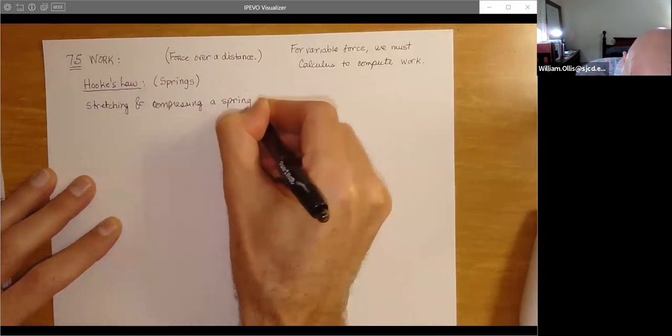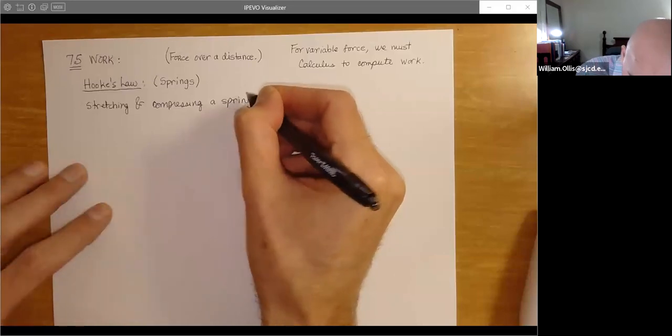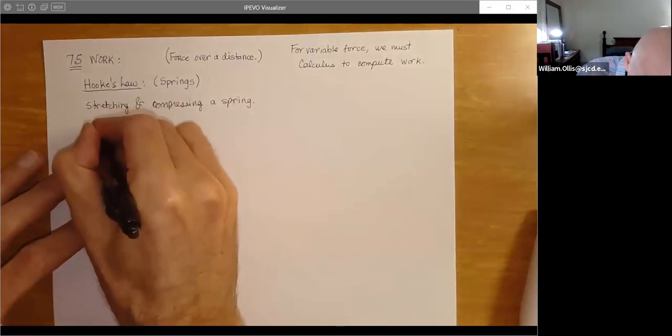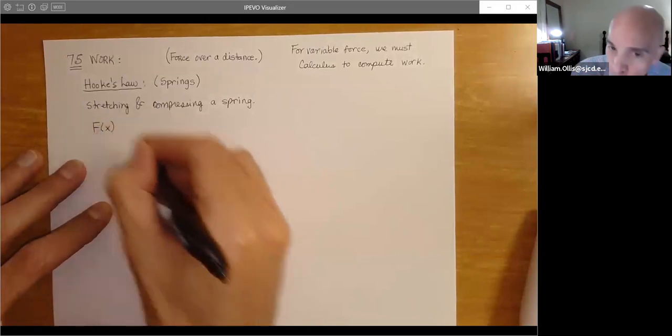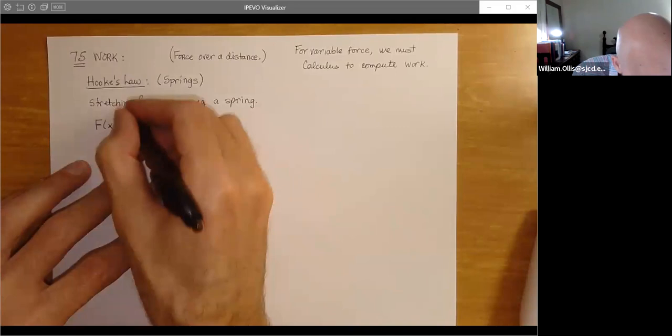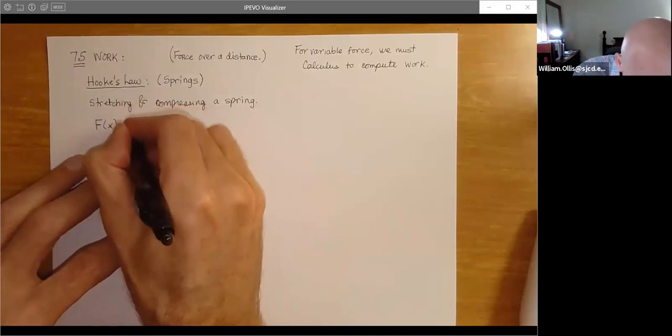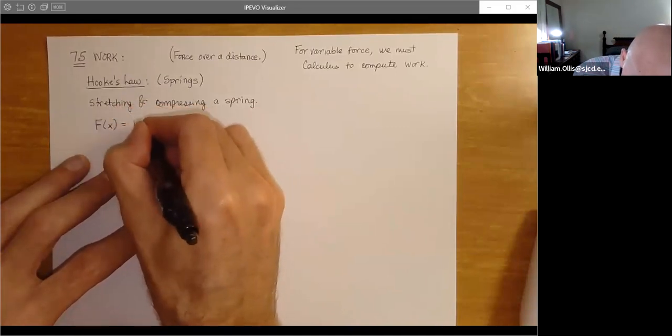And the law is very simple. In this case, we have force, and we're thinking magnitude, not a vector quantity. So I'm not going to have any direction associated with this. So force, F of x, will be Kx,